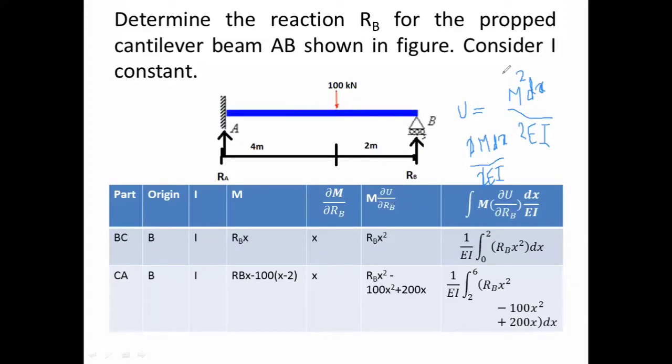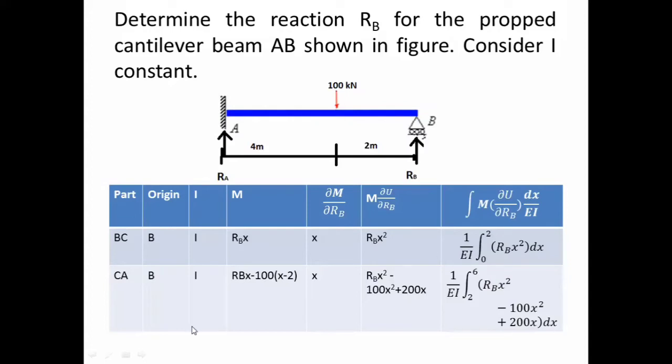Now why there is integral? Because we have to add this for all the parts. So this is only for BC part. Similarly, I have calculated for CA part also, and then I am going to take integration. It means I have to just add these two. This moment is only for section considered. However, my x value ranges from 0 meter to 2 meter. My origin was on B and it is extending up to 2 meter. So my BC length is 2 meter. So limits are 0 to 2.